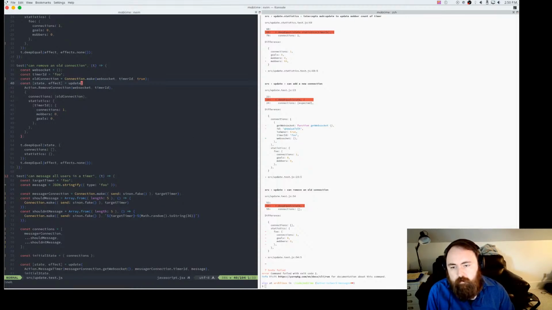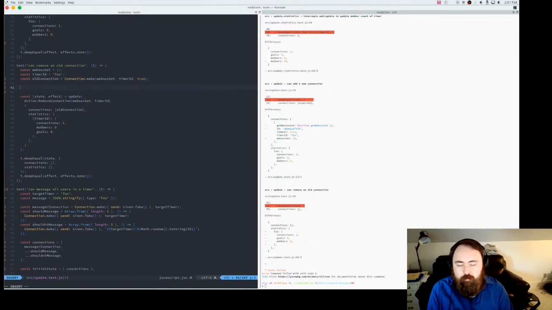Now we've got some statistics being built up again. Yeah, I mean, technically, if there's only one connection, it should remove that old thing.